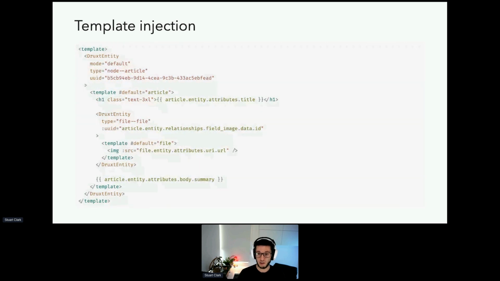When you're using Druxt components directly, while the Druxt wrapper component system is still respected, you can also take full control of the default slot contents using template injection. So you can think of the Druxt component as a client module. It takes the provided props that you give it, mode, type, UUID in this case. It sends that through to Drupal, it pulls back the data, and it gives you access to that